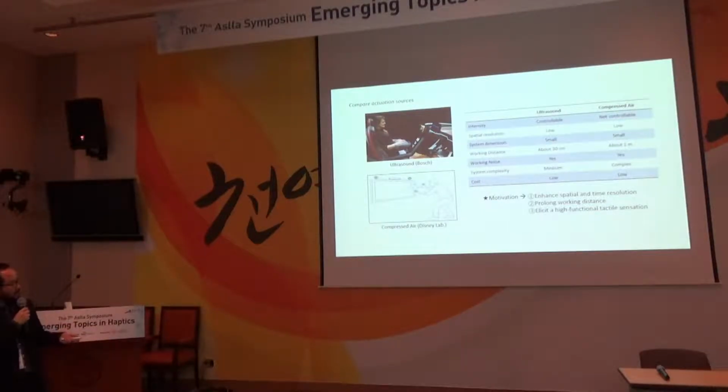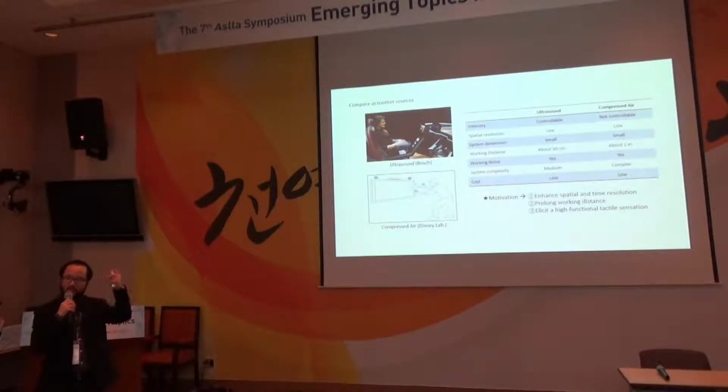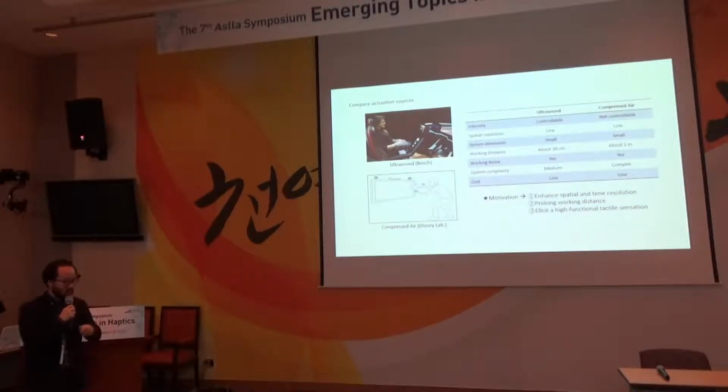So we want to prolong the working distance. Number three is not realized yet, but we hope to reach a high functional tactile sensation. This high functional means warm, hot, and some of the other tactile sensations, like